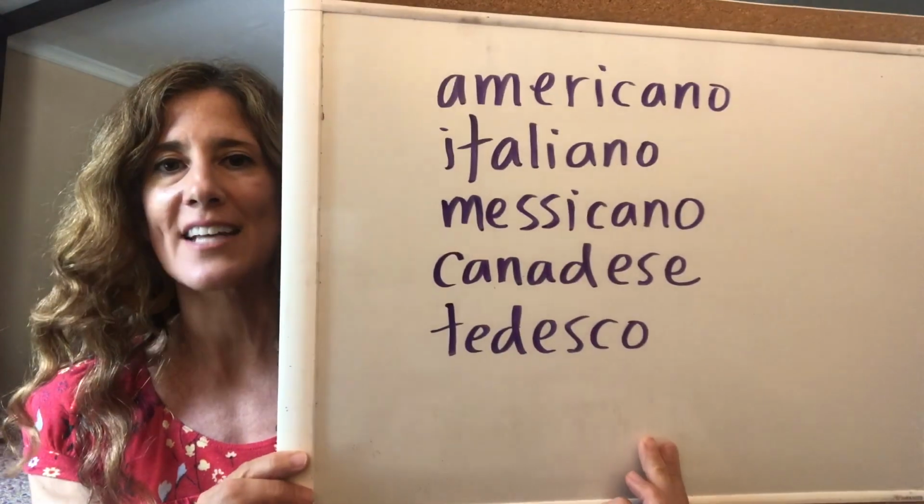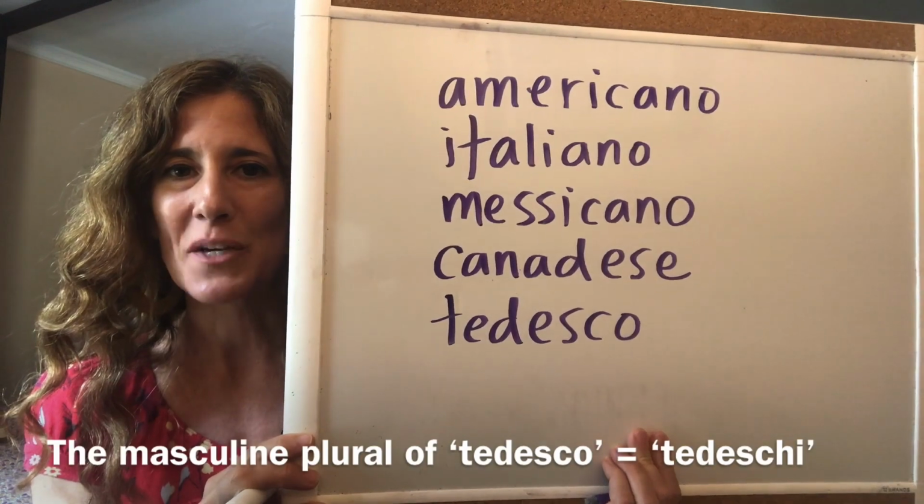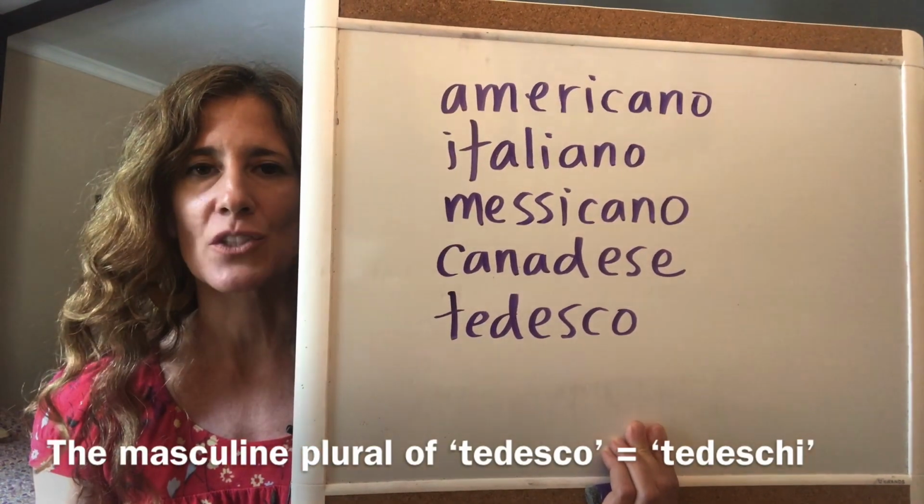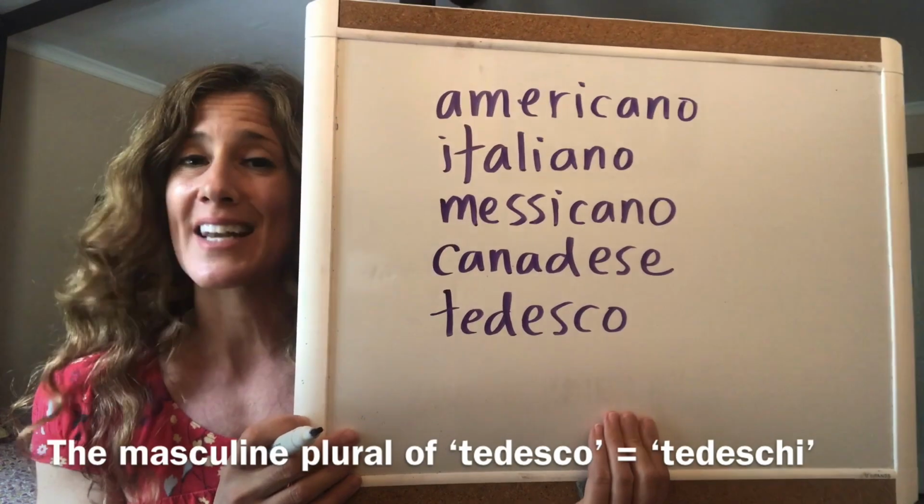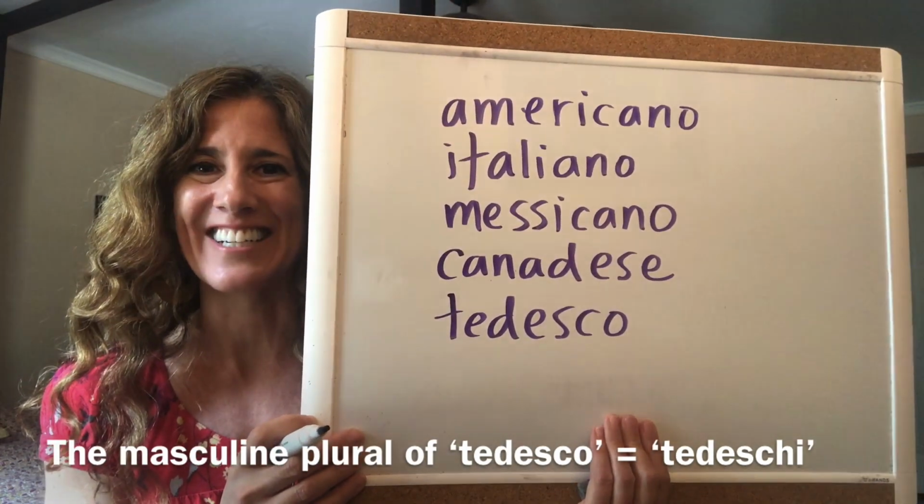And then I want to show you one nationality though that looks nothing like the country that it's from. So when you see this, you'll know what we're talking about. Tedesco is German, but it looks nothing like German or Germania, which is how we say the country in Italian. But Tedesco is German, the nationality. Va bene? And really quickly, the last group of adjectives that we're going to talk about are colors, because like I said, colors are adjectives. And just so you know, there are many other adjectives too that I'm not including in this video.